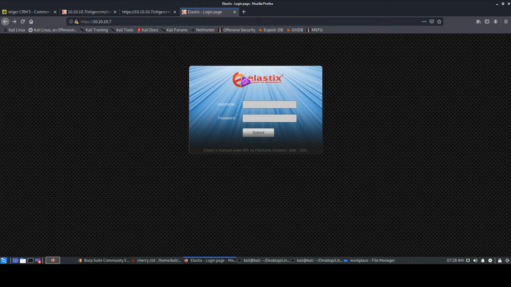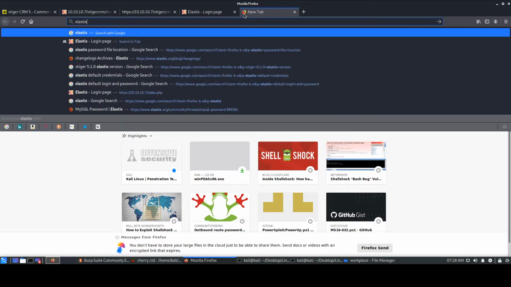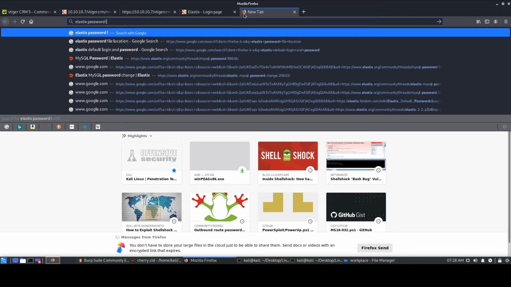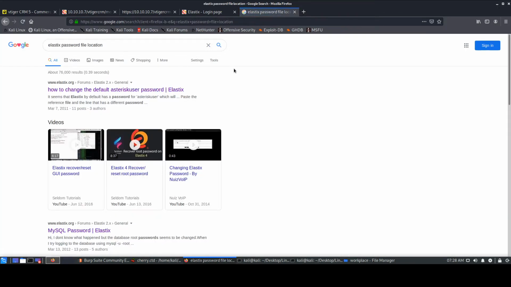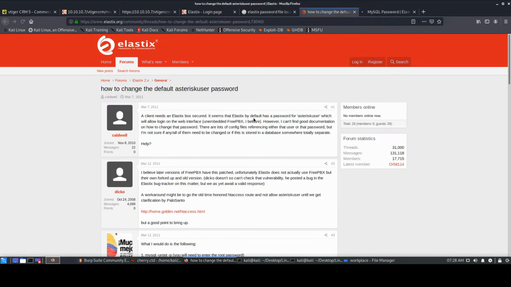So probably the first thing we should do is go and check for any configuration files of that application, because configuration files usually have passwords present in them. Sometimes they are in encrypted or hash format, but sometimes they are in plain text as well. So let's just quickly go and look at it. First we'll search for Elastix. We can also mention the password file location, because obviously there's a web page running, so it will have particular passwords and everything. So we go to the web page over here and we check if there is any password file present.